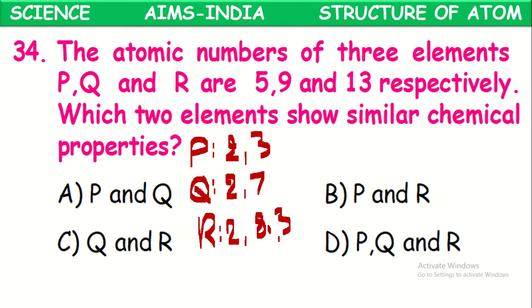So which two elements have the same number of electrons in the outermost shell? Those two will show similar chemical properties. Those are P and R. P and R have the same chemical properties because they have the same number of valence electrons. Next,